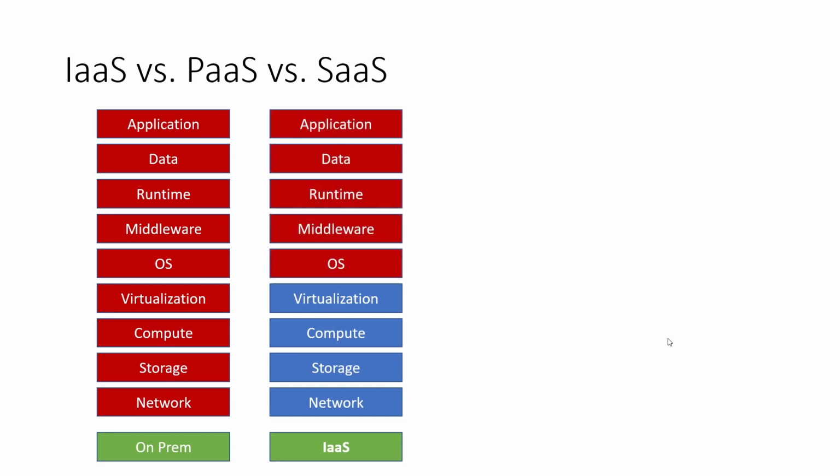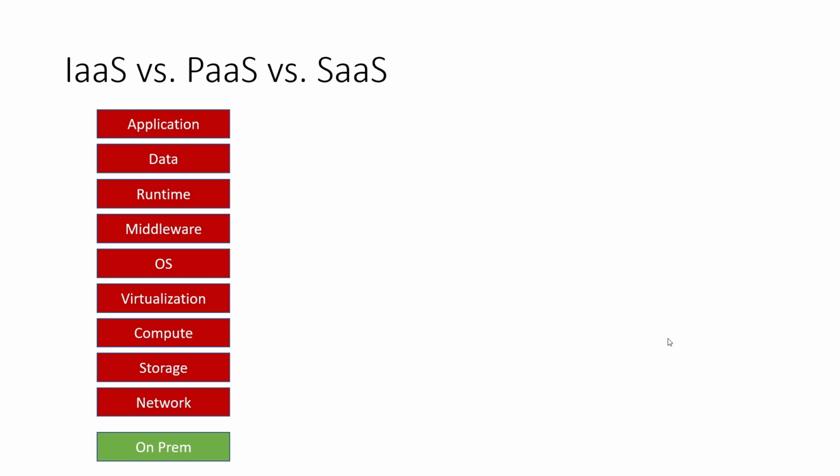So you've probably seen something that looks like this, where you have infrastructure as a service, platform as a service, and software as a service. So we're used to on-premise. If you're thinking about moving into the cloud, you're probably very familiar with this stack on the left here, where you're basically responsible for everything from the physical all the way up to the apps that are running on everything in between. So the physical compute, the network, the storage, compute, all that, the virtualization environment, that's VMware, whatever it might be, Hyper-V,